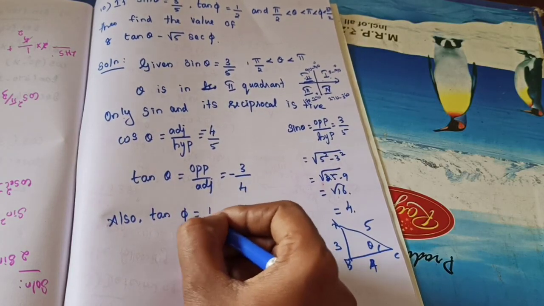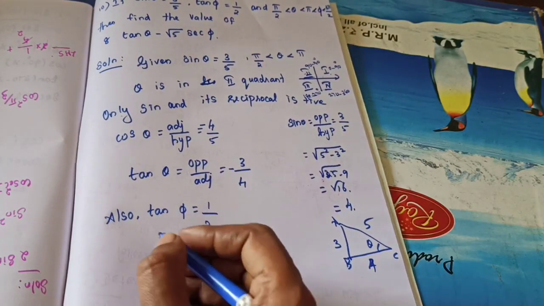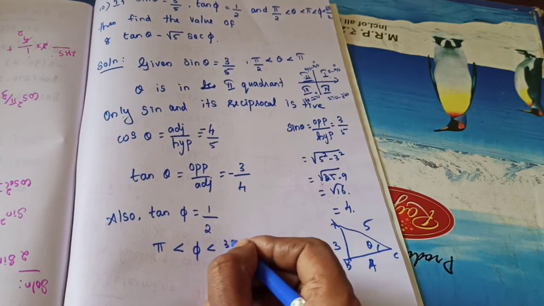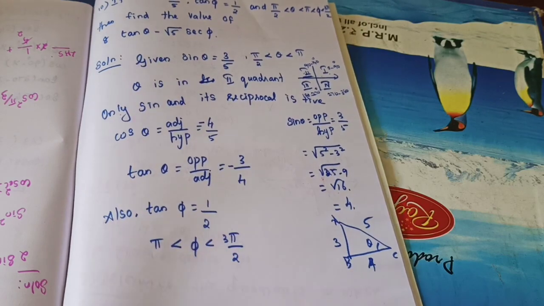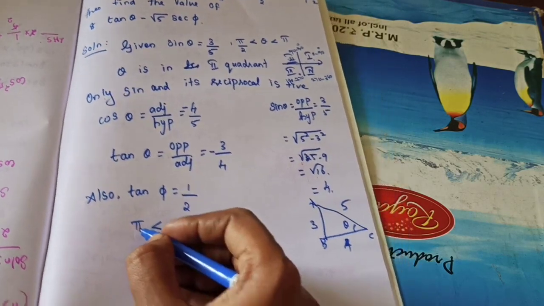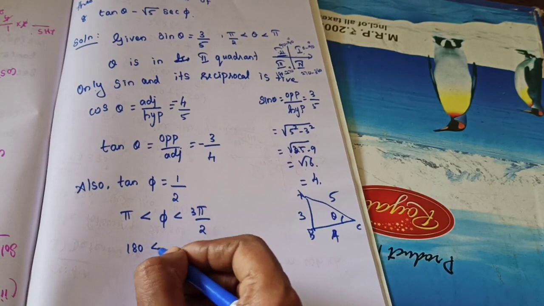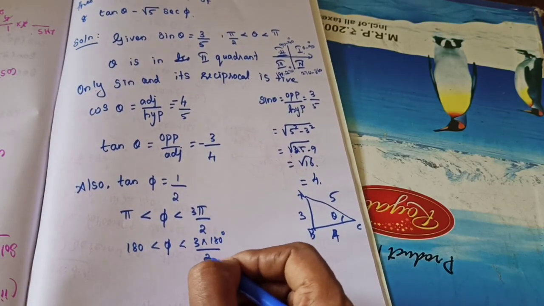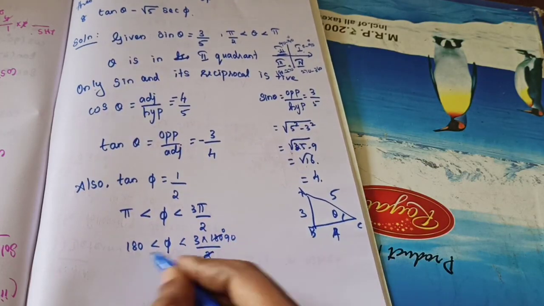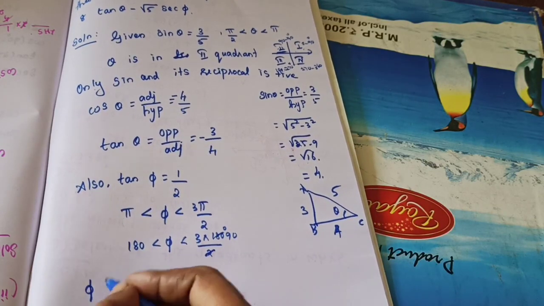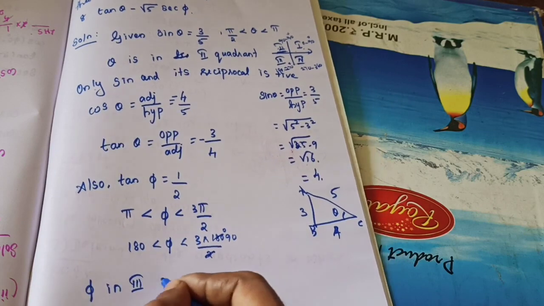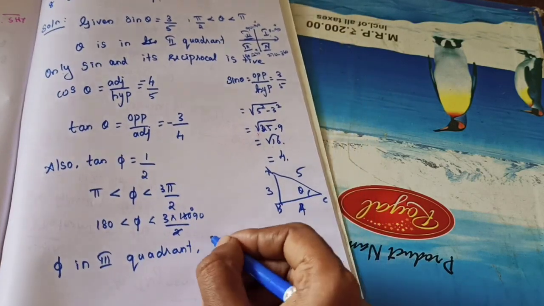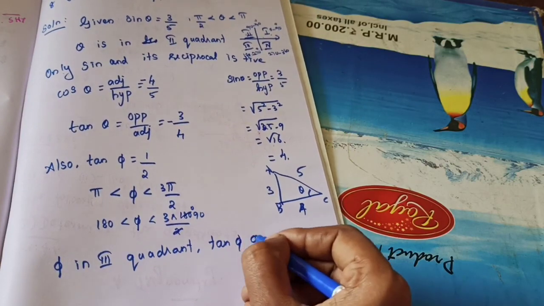Then also, tan theta equals 1 by 2. It's given, is it right? And theta is given as pi less than theta less than 3 pi by 2. So this one also you need to find. Pi means what's the meaning? 180 degrees less than theta less than 3 into 180 degrees divided by 2, so 3 into 90. So in which quadrant will it lie? Check it. In which quadrant? Third quadrant. So what alone is positive? Tan theta